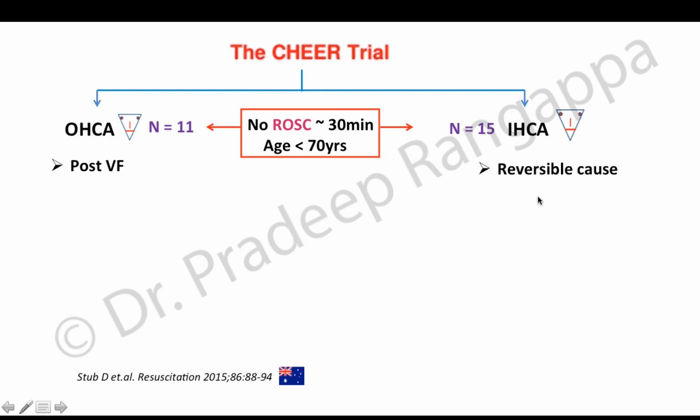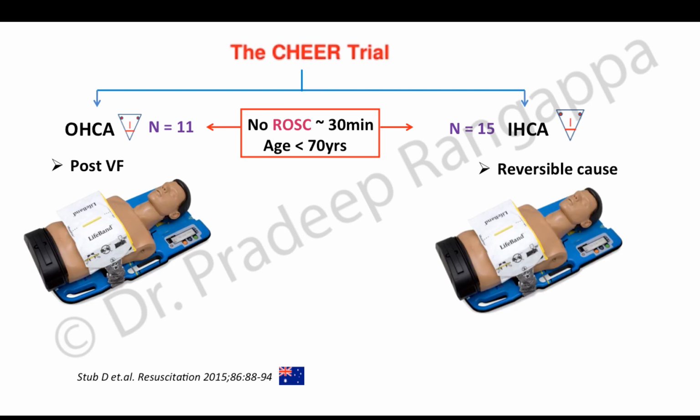So in out-of-hospital cardiac arrest, all the patients were post VF, ventricular fibrillation, and in in-hospital cardiac arrest, they were put on ECMO only when they identified a reversible cause. If there is no reversible cause, they were not put on it. And as you see, one of the prerequisites for ECMO is they need to be on an auto pulse, which means there is an automated CPR happening. It should not be manual. So both these groups had auto CPR with this auto pulse machine, and